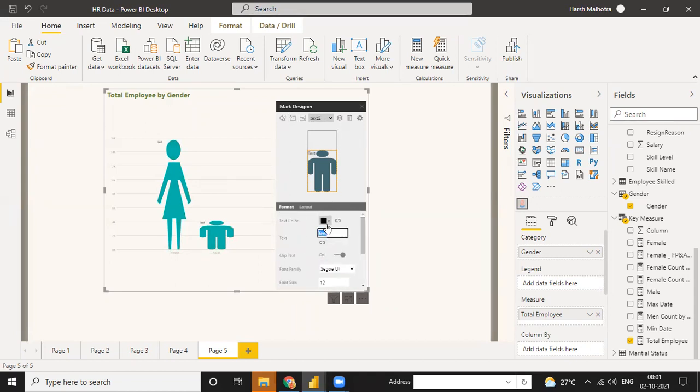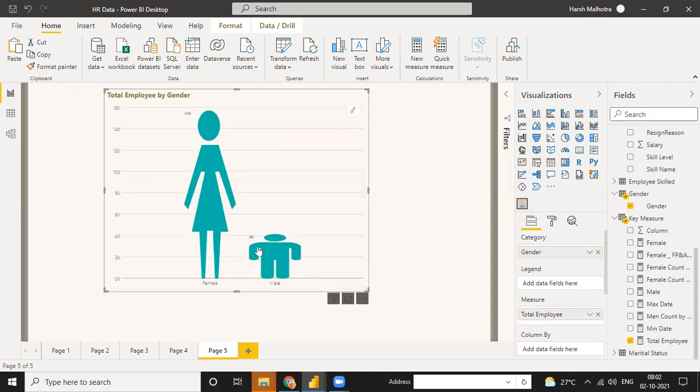Also, you can put a text mark, and you can write count. And you go to this one. Okay, so we have a total number of count also, and just, sorry. See, you have a total number of count, which is 16.